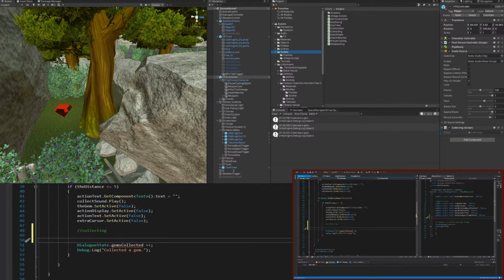So whatever it equals, we're going to. So right now we have it set up so that there is a trigger on the